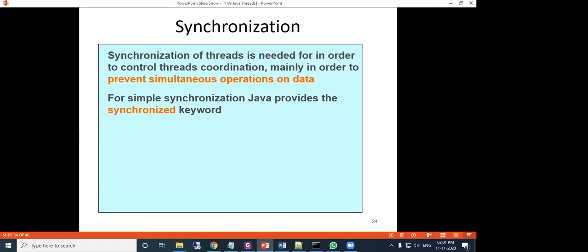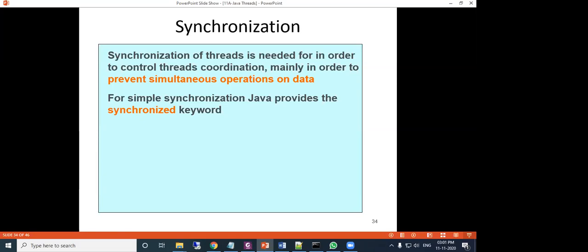I will hear the complete multiplication table from person 1, then the complete table from person 2, then the complete table from person 3. So this is called synchronization. If haphazardly I listen, or you say, then I cannot get the proper table. So these are the different examples of synchronization.